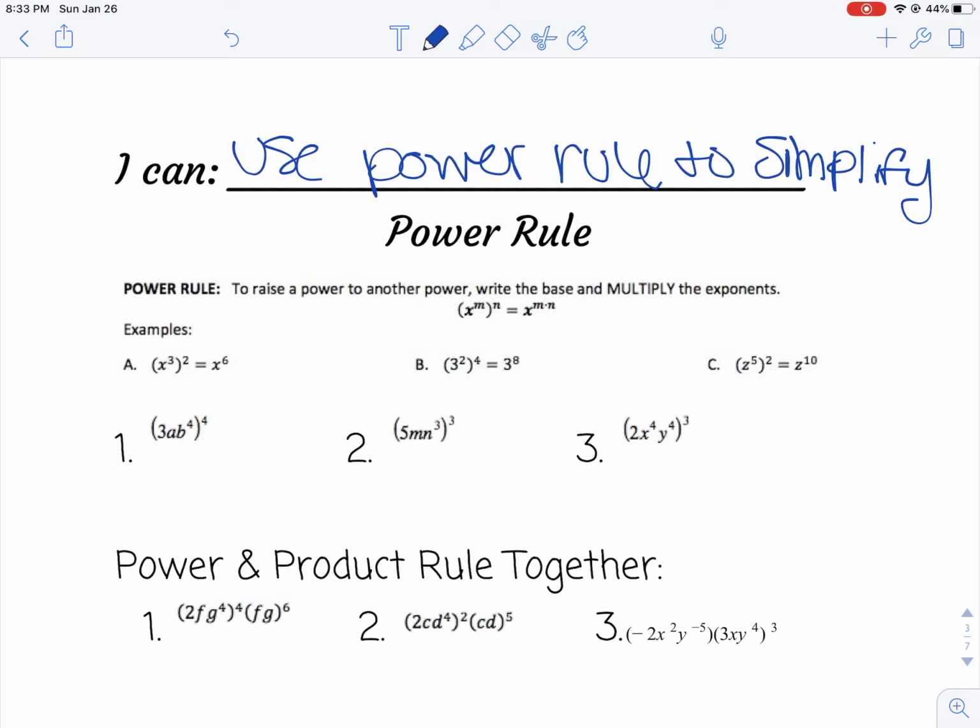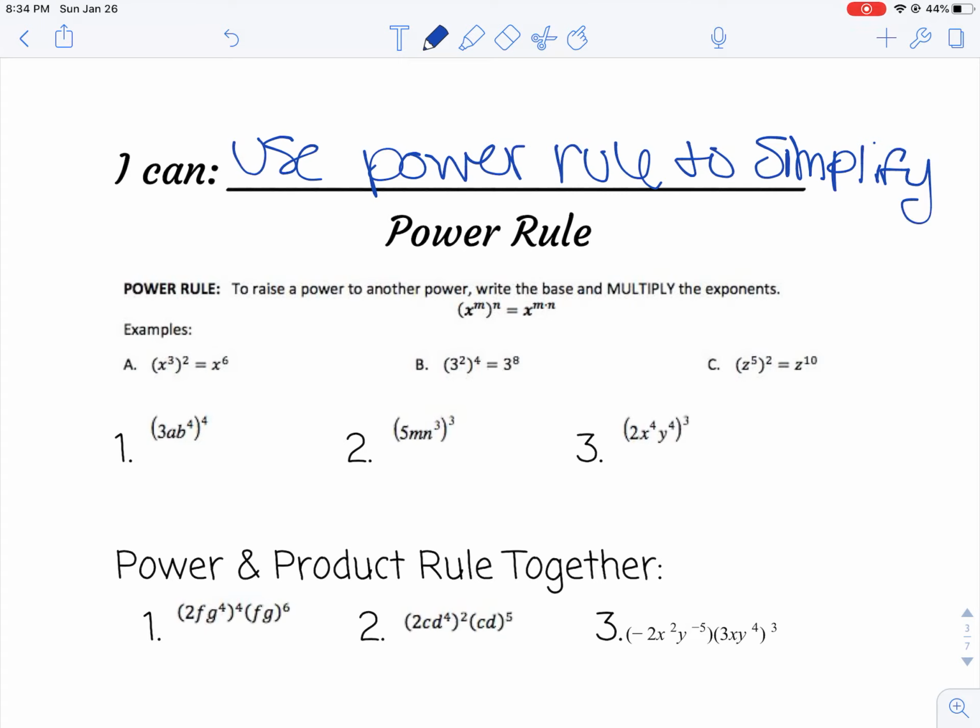All right, guys, so today we're going to do power rule. So power rule is when they're raising a power to another power. So you're going to write your base and then you're going to multiply your exponents together. So if they said x to the third squared, you would say 3 times 2, which gives you x to